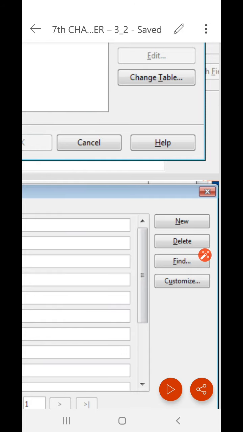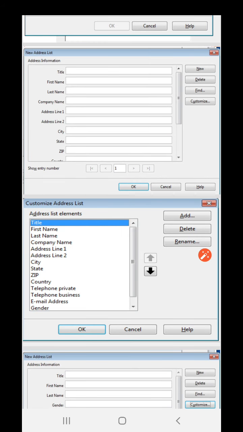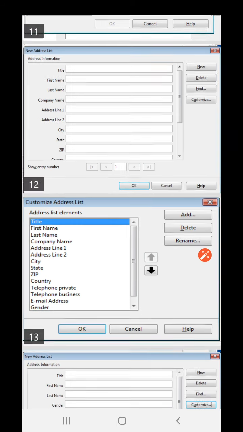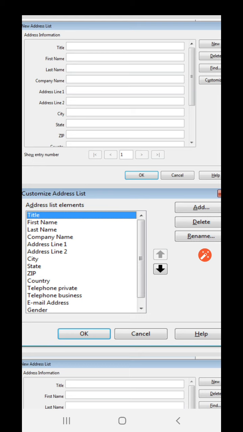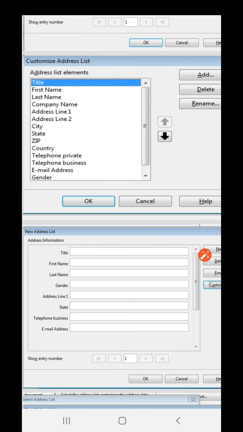When we click on the customize button, it will show you a new dialog box where you can customize your address list elements. You can delete any element, add any element, or rename any element. I have selected a few of the address list elements and deleted the rest.